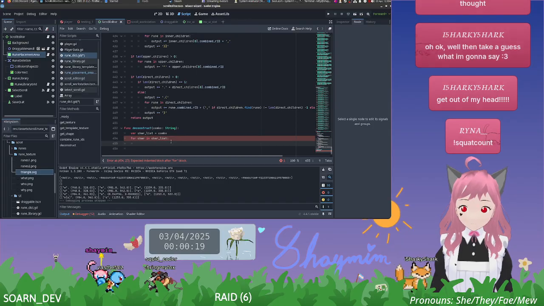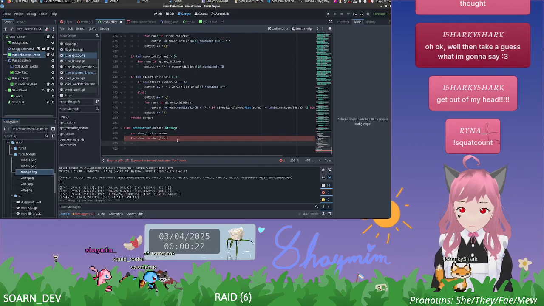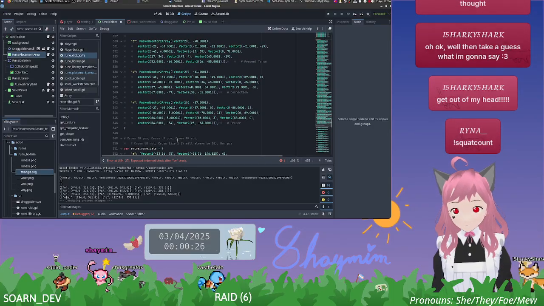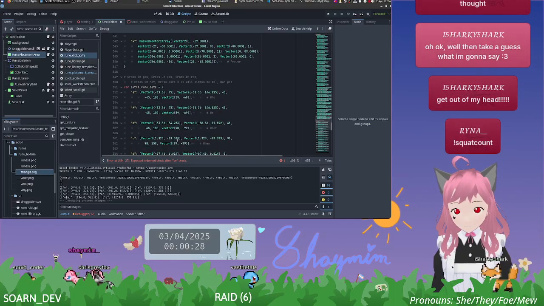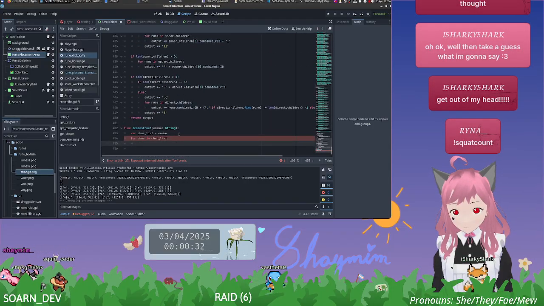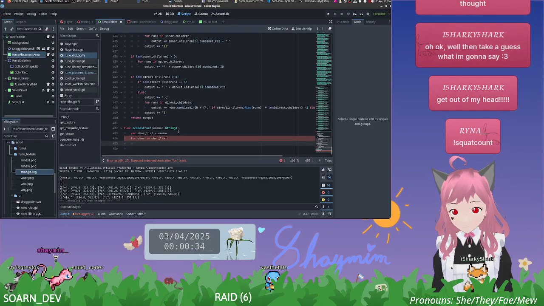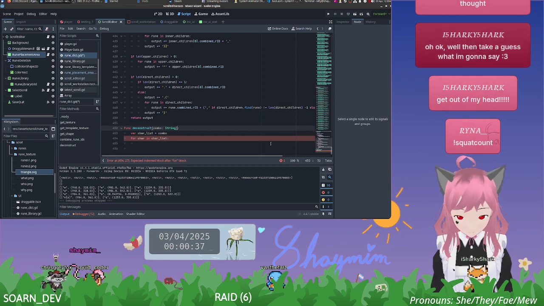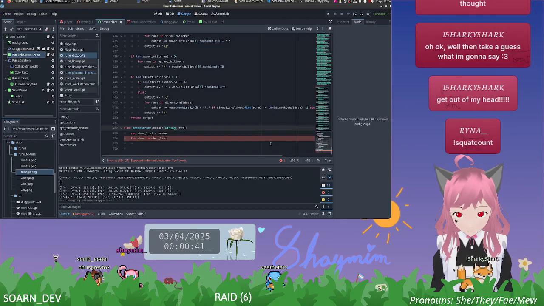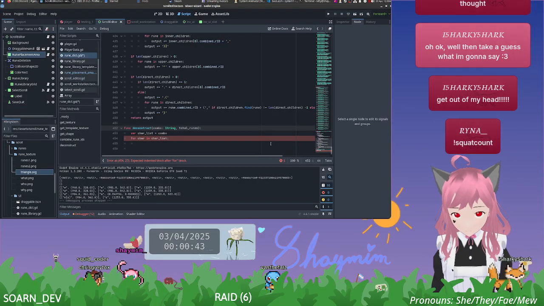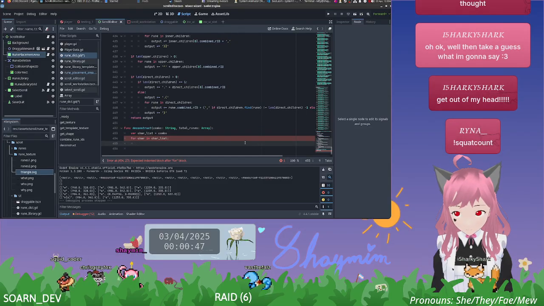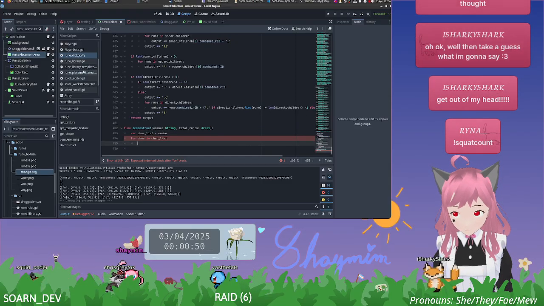We need to perform the check to see... actually we should have the combo as a string and then the total runes as an array. Right, then here